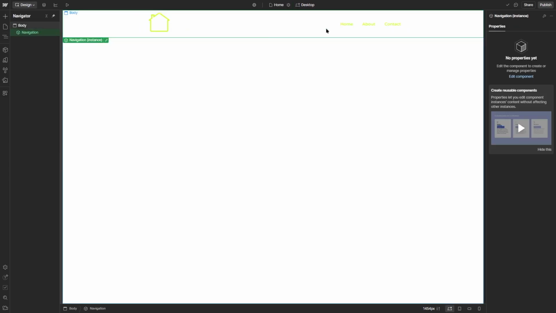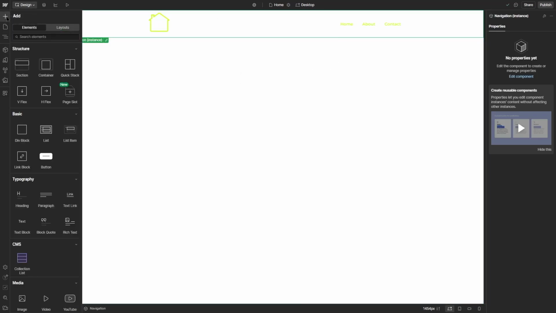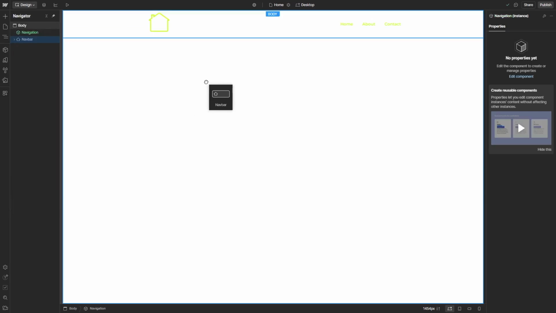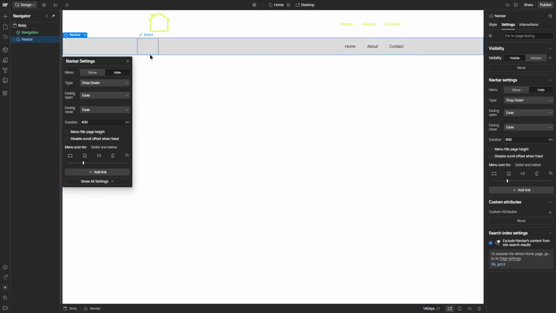Although I have shown you a custom way of creating a menu, it's actually a lot easier if you use the navigation element. Yes, there is an element that you can use. So you simply click on the plus button over here and scroll down. Right over here in the advanced tab, you can find the nav bar. If we grab it and drop it over here, you can see that it adds the same navigation bar. Now, if you want to speed up your development process, you can use this as well. You can see that it's built